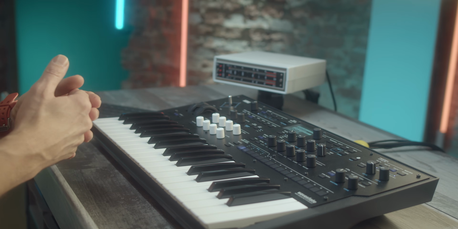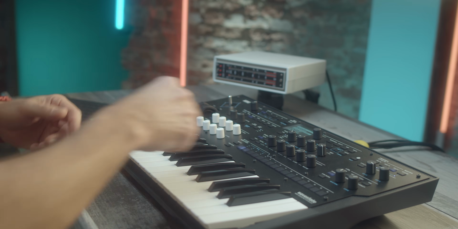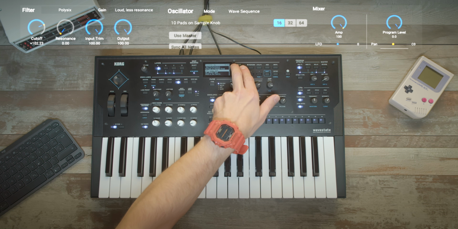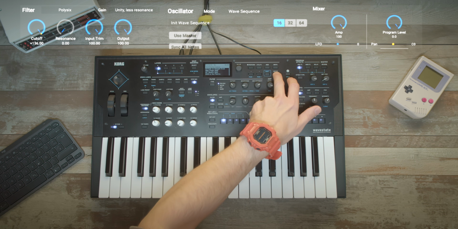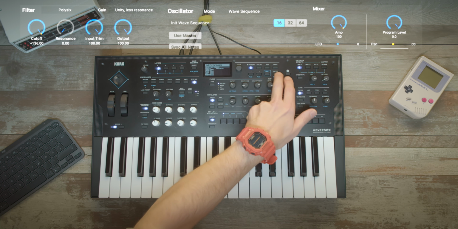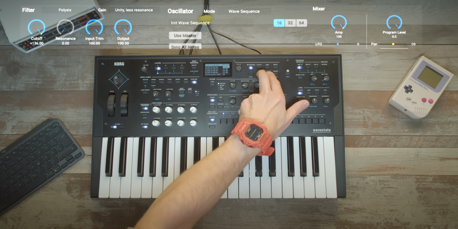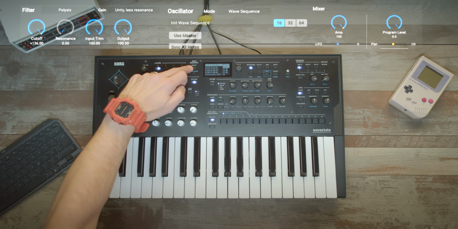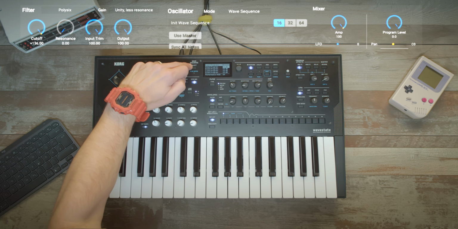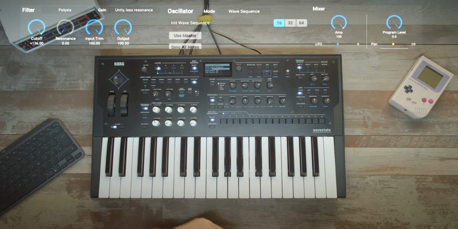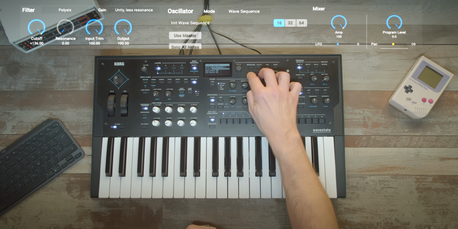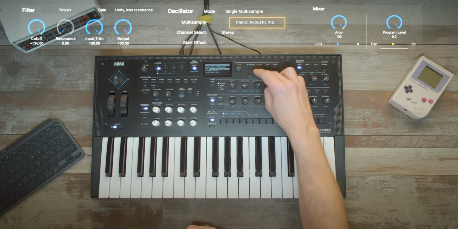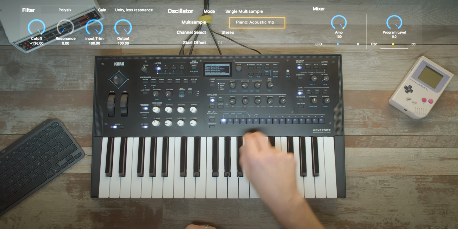Okay, let's create our brass sound. The first thing we want to do is we press performance and scroll completely to the top, and we select initialize performance. Press enter. And look, now I press shift and the right arrow, and now we are in the screen where we can change the waveforms. Look, I scroll to the top and I change wave sequence to single multisample. I press enter and look, now the waveform screen pops open.